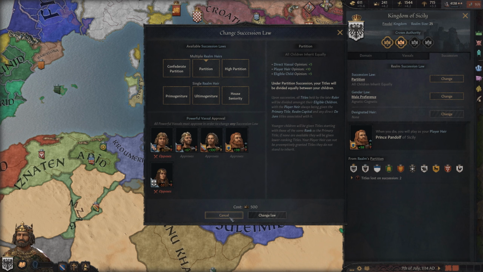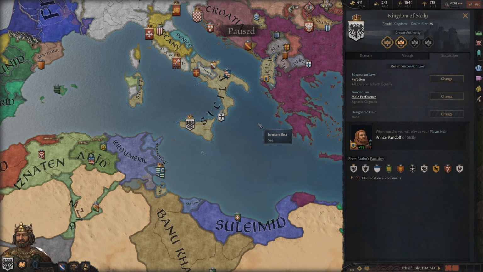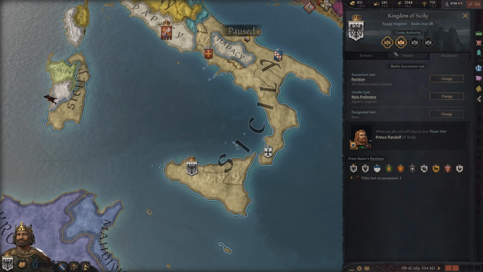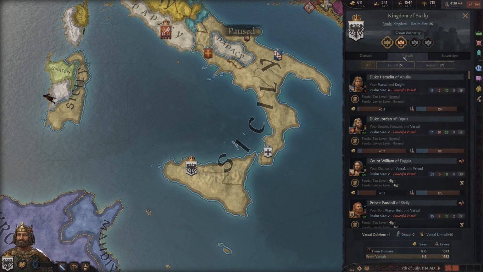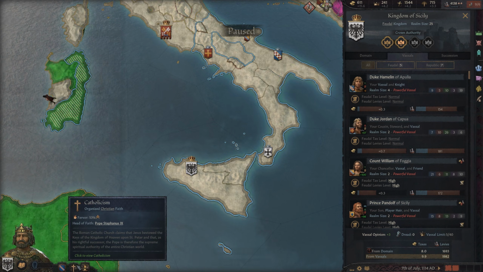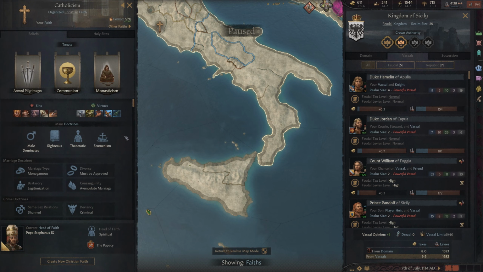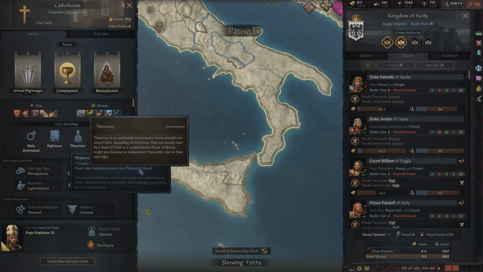That's your quick overview of them. But in this section, I want to talk about something that I think is really important, and it has to do with those vassals. It's essentially leased holdings. Now, this depends upon your religion. In this case, we are just Christian Catholicism, and we have the theocratic doctrine, meaning that temple holdings are leased out to their holders, realm priest, who then serves them as a theocratic vassal.